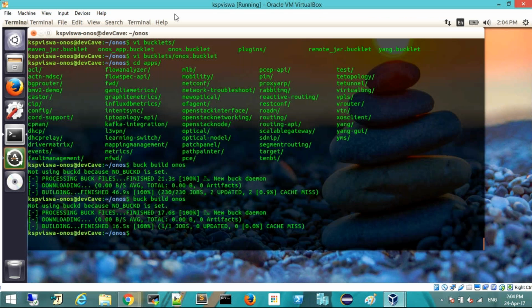So that's how you build ONOS using Buck. And then if you want to run ONOS, just... So what is ONOS and what is ONOS local here? So ONOS here is